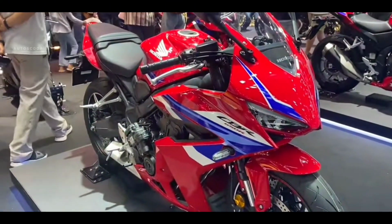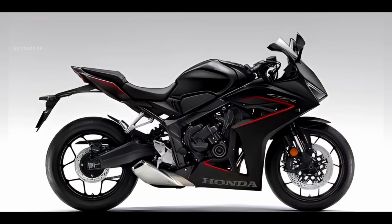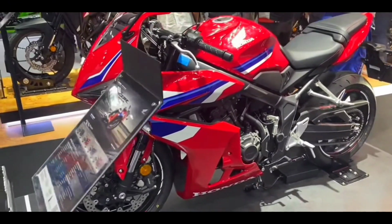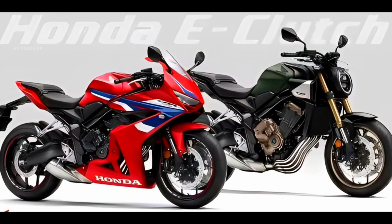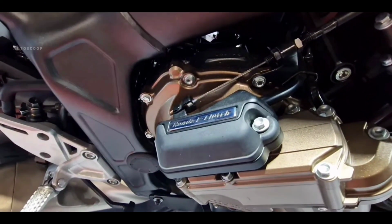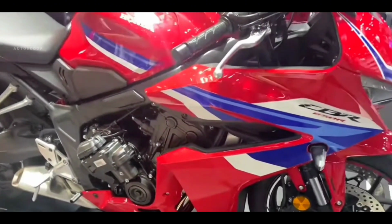Fundamentally, the same platforms from the previous generation will be used in these iterations. This means that the same frames, engines, and suspension setups in the outgoing models will make a return. Both bikes will still get a 649 cubic centimeter, inline four-cylinder engine that pushes up to 94 horsepower and 46.5 pound-feet of torque. Outputs are still governed by a standard traction control system, and the machines are damped by a 41mm